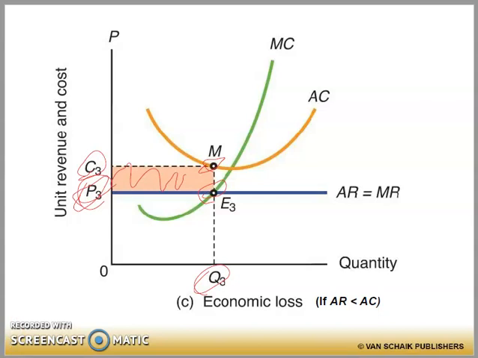Whether or not the firm should continue producing depends on the level of average revenue relative to the firm's average variable cost, which is not shown in the figure. If the average revenue is greater than the average variable cost, the firm will be able to recoup some of its fixed cost and should therefore continue producing in the short run. But if the opposite case applies, then the firm must shut down, and we'll analyze this further in the next